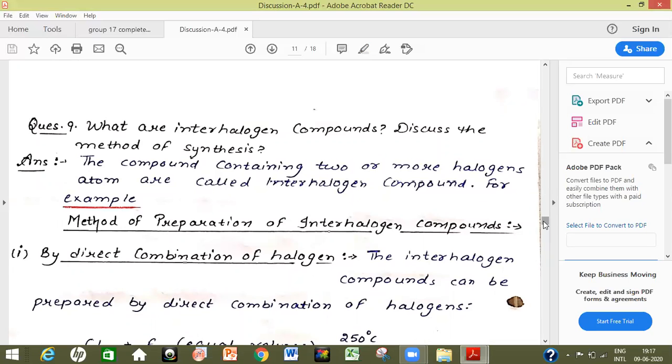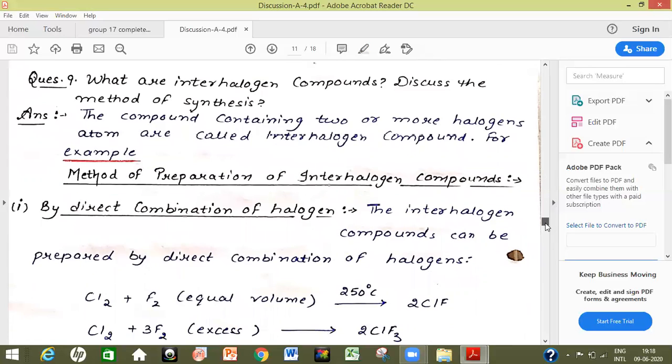The compounds containing 2 or more halogens can be BCl3, but it is not an interhalogen compound, though it is having 3 halogens. The molecule SF4, according to this definition, would also be an interhalogen compound, as it is having 2 or more halogen atoms. But the interhalogen compounds are the compounds which are formed between the halogens themselves, that is, where cation and anion both belong to the halogen family. Those are the interhalogen compounds.